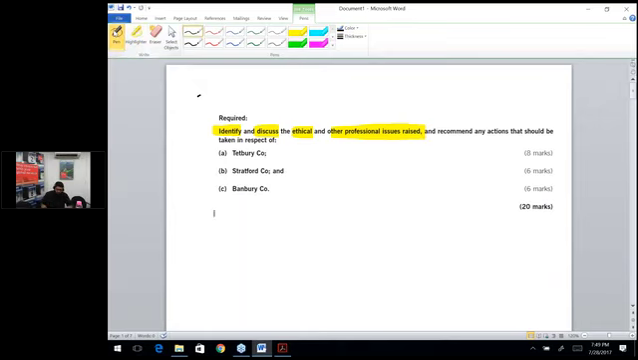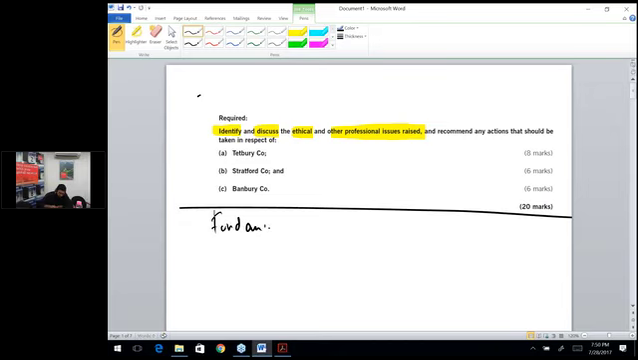So the number 1 thing is that whenever we talk about the identification and discussion of the ethical and other professional issues, what you need to keep in mind is that whenever we attempt such scenarios, we need to keep the code of ethics in mind. The code of ethics generally talks about the fundamental ethical principles. And what are those fundamental ethical principles? Those fundamental ethical principles actually include the principles of